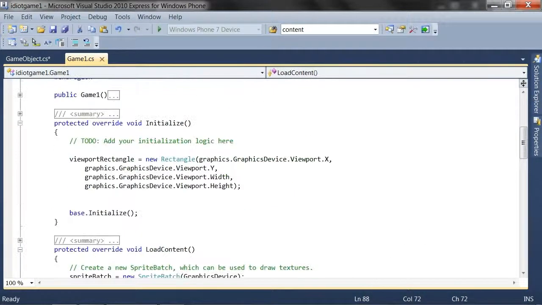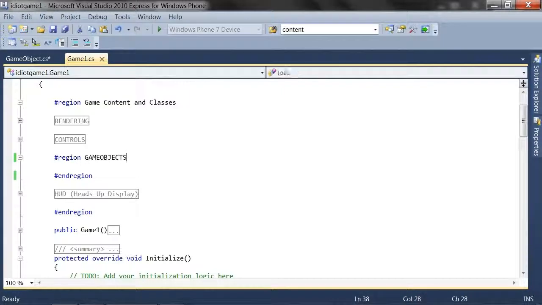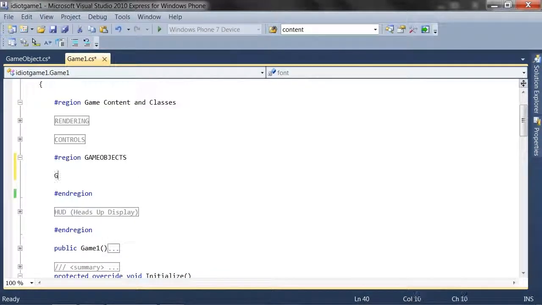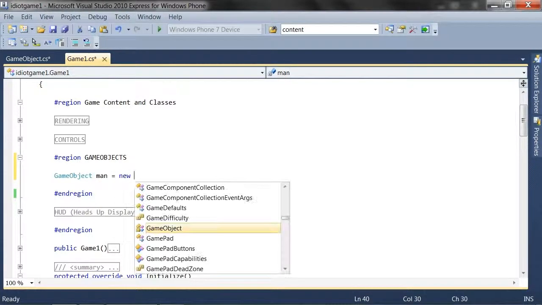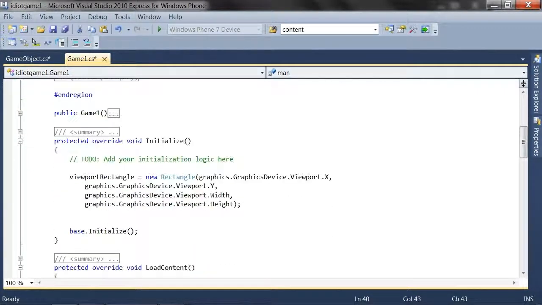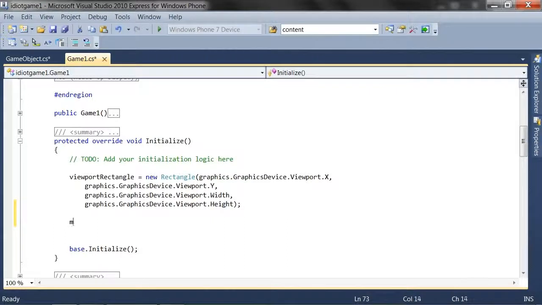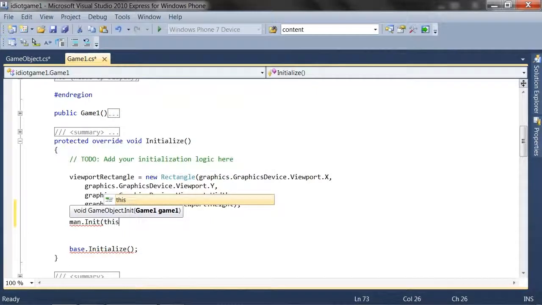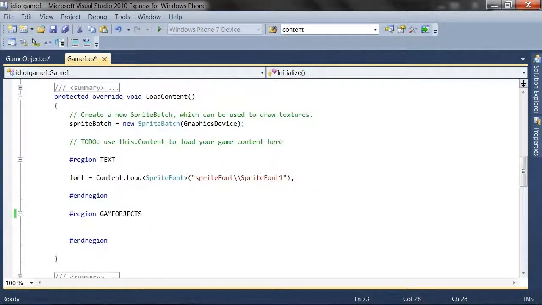So if we come in here, say game objects, and we will instantiate a game object, man. He will be a new game object. Nothing gets determined there, it's just 2 brackets. Then initialize, we'll have man.init, and that wants game 1, you can see here game 1, so we'll call it this, because all of this here is game 1. Semicolon. Then we want to load in game objects,